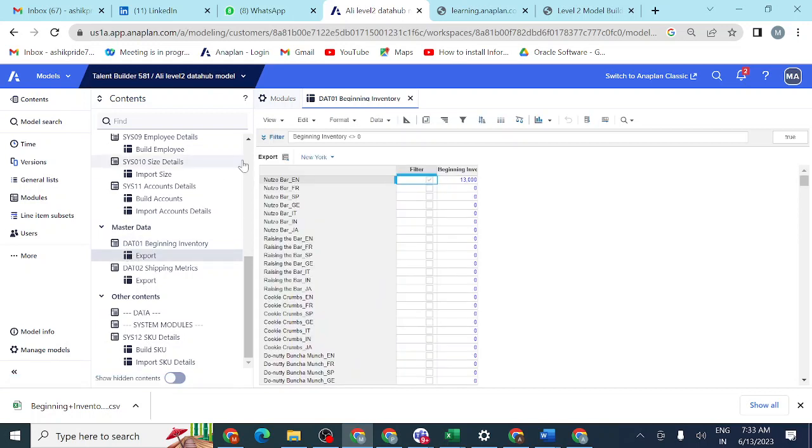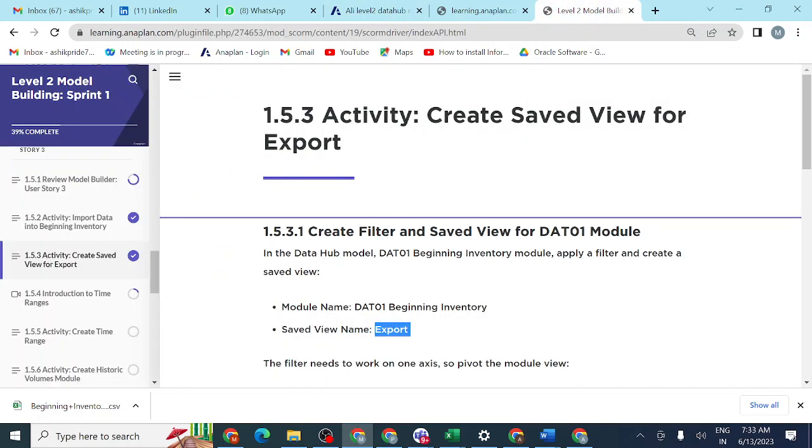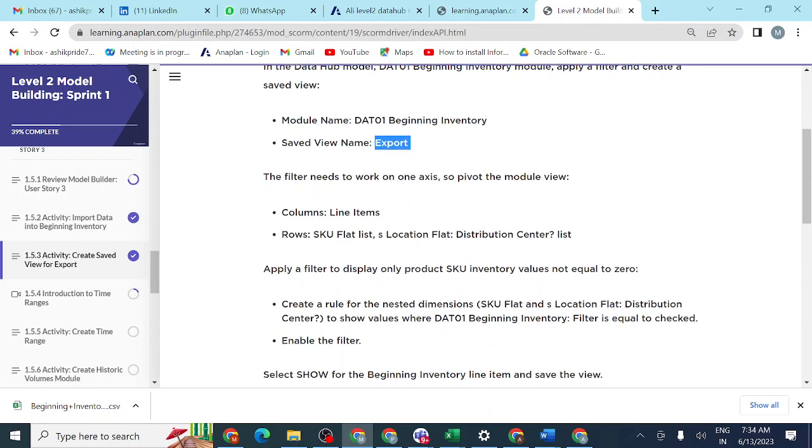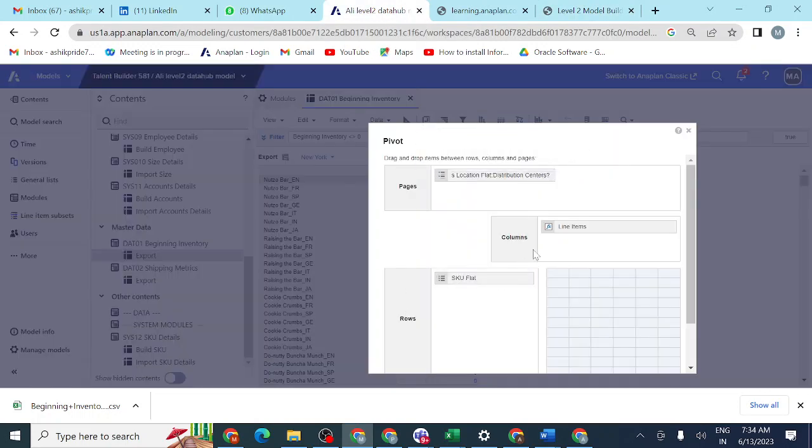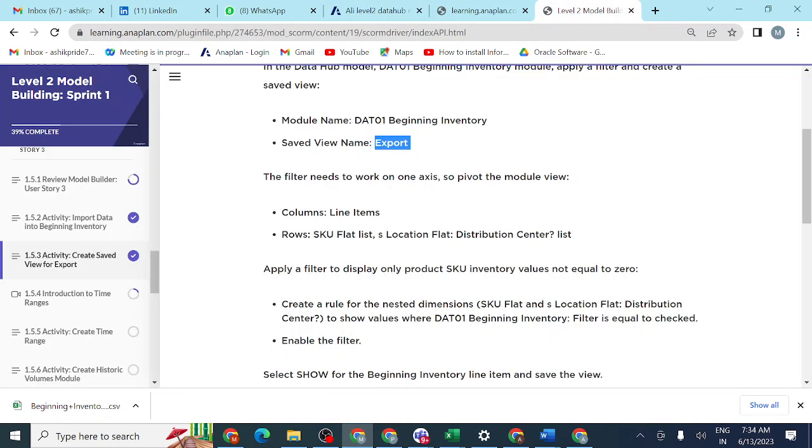So here, whatever changes we want, the filter needs to work on one axis, so pivot the module. We need to pivot so that line items are in columns. You can see in columns the line items are there, column fine.